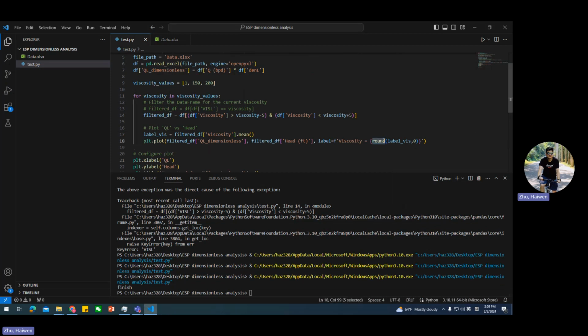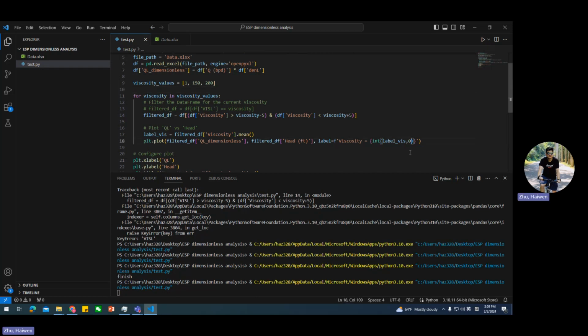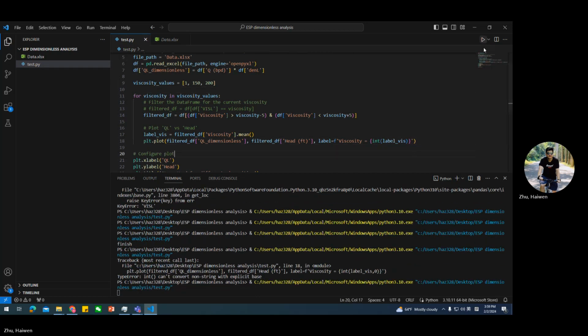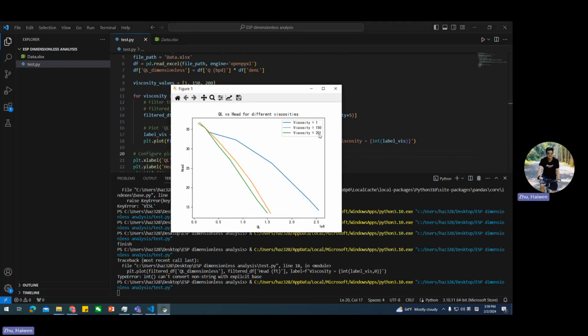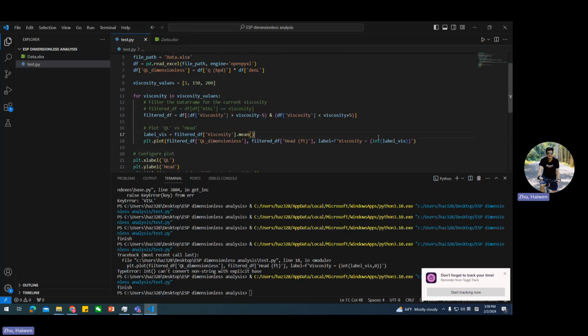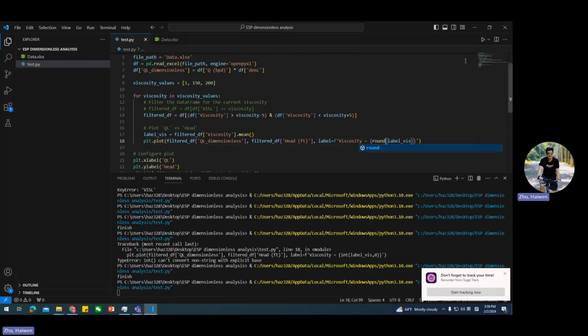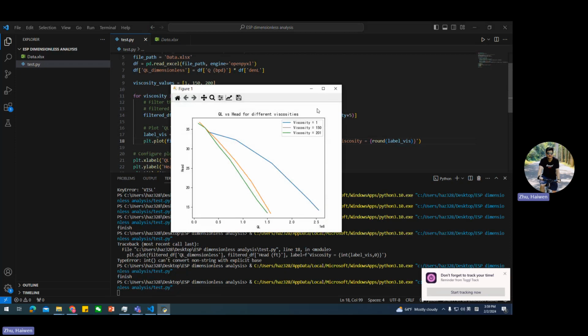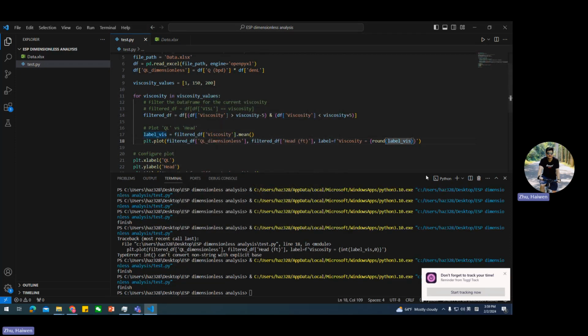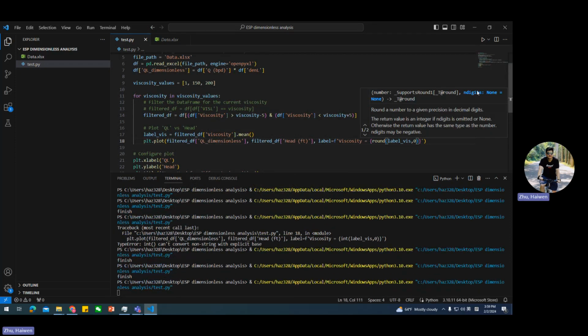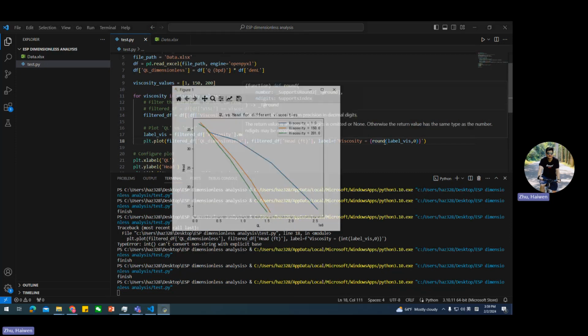Okay. Another way is int. I think this may help. Yeah, it's the int. But sometimes the float is like decimal form. Round and int, they have different results, there's different ways to do that. If you use round,